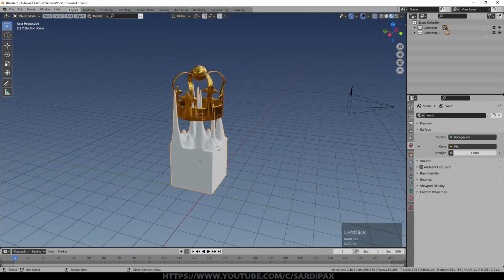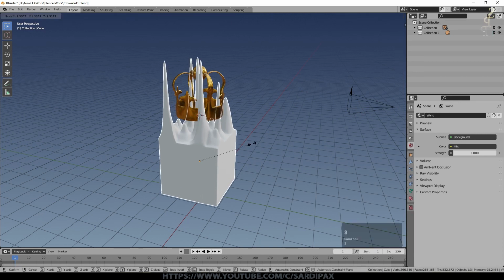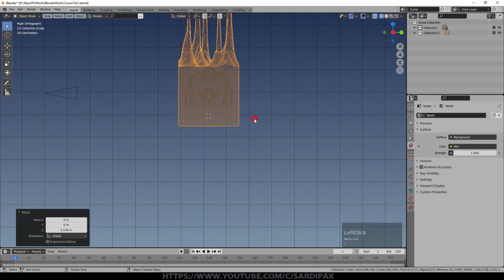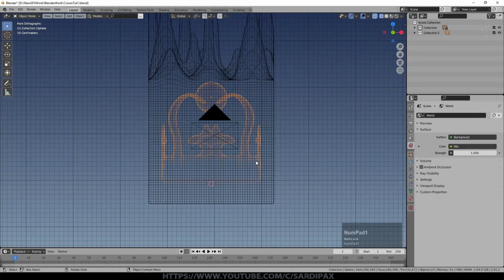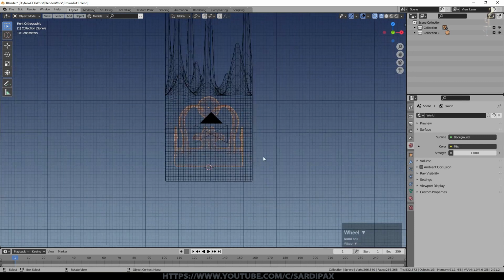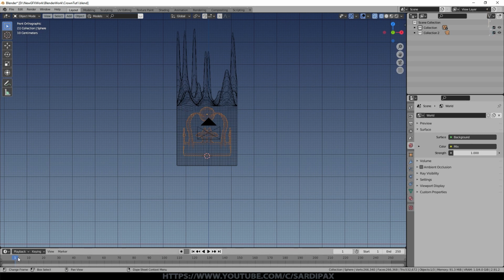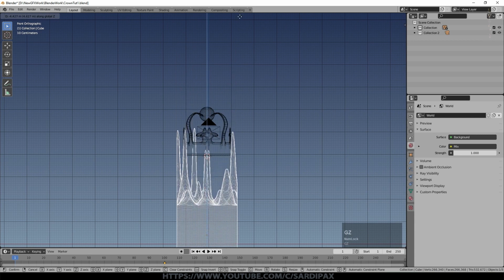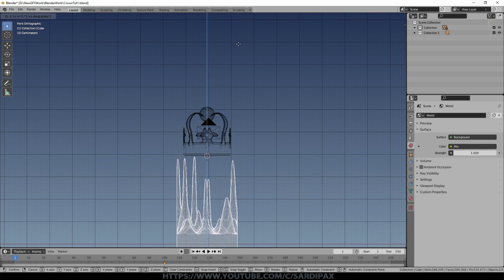Now what's important is that this cube can entirely enclose the crown. So I'm going to make it a little bigger already. Go to wireframe and we'll move that cube upward. If I select the crown, you can just see, looking from all areas, that crown is completely enclosed. And what that means for our purposes is that it's visible, or it will be. Before I do anything else, I'm going to go to, say, frame 100 and store the location of what was a cube. Go back to the beginning, G Z, and we're going to pull the cube to just below the crown.